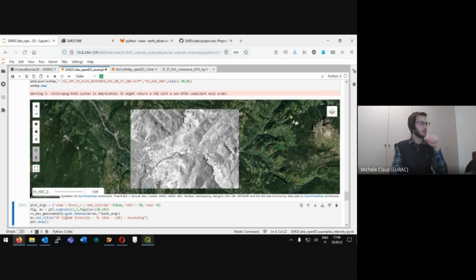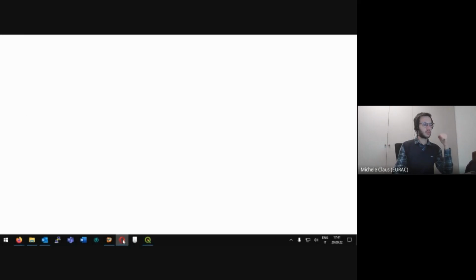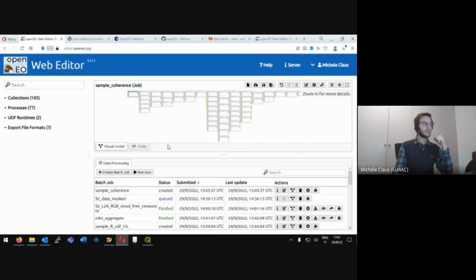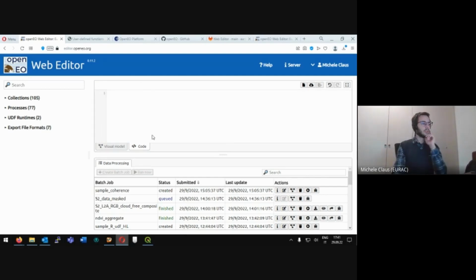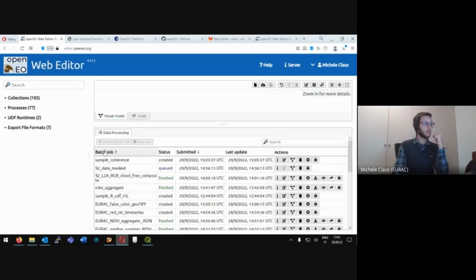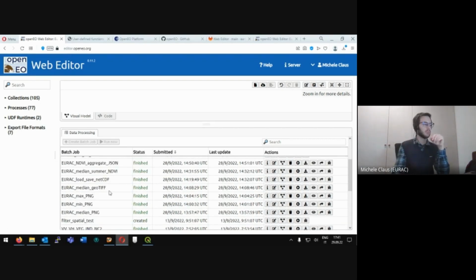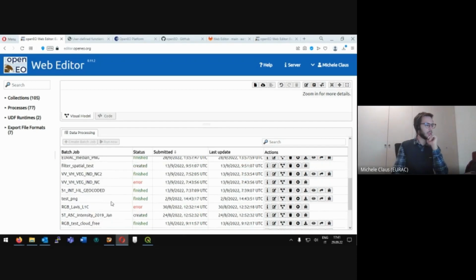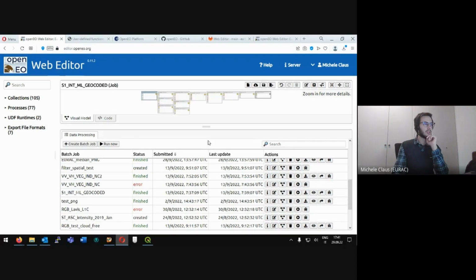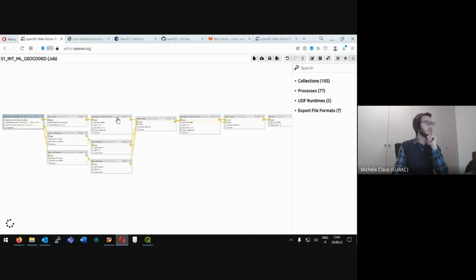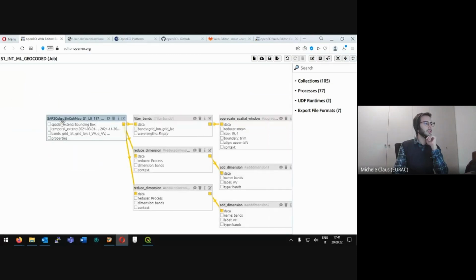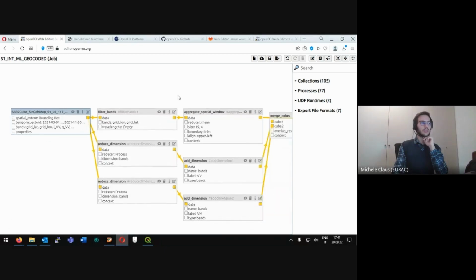Okay, then I wanted to show you what we actually created here in the Python client, how it looks on the web editor, so that we have a rough idea of how many blocks we have created with those lines of code, which is something like this. Just a second. So as I was showing, we load the data, we get the coordinate grids,